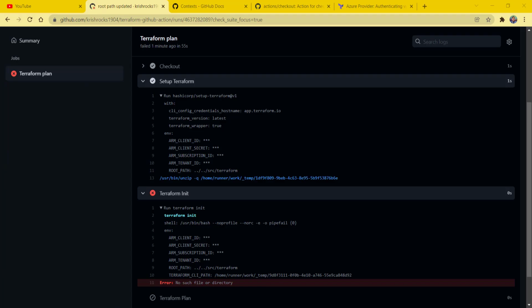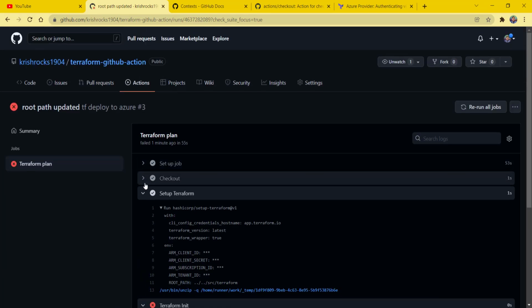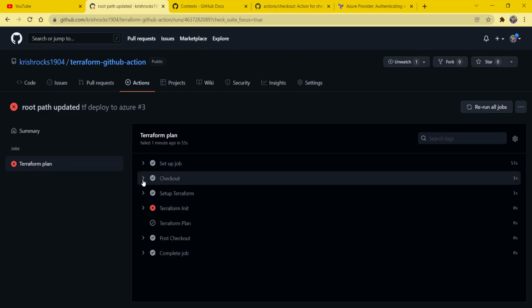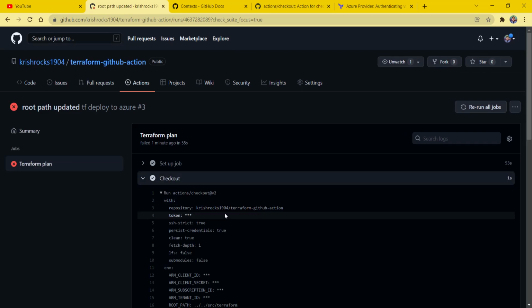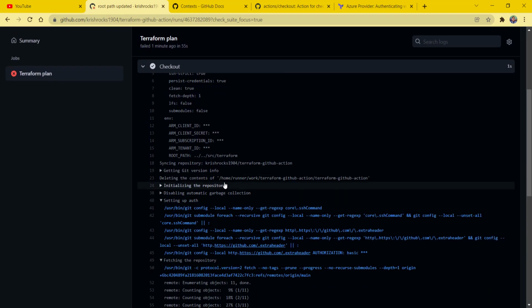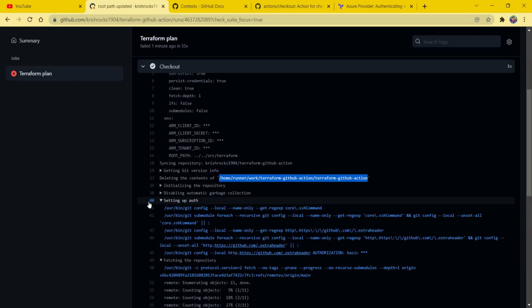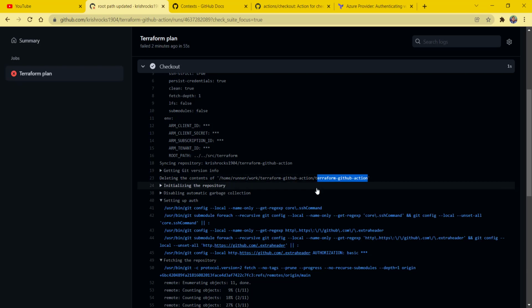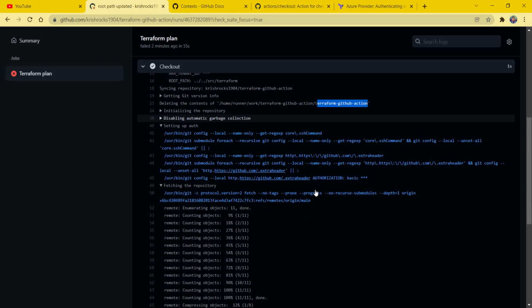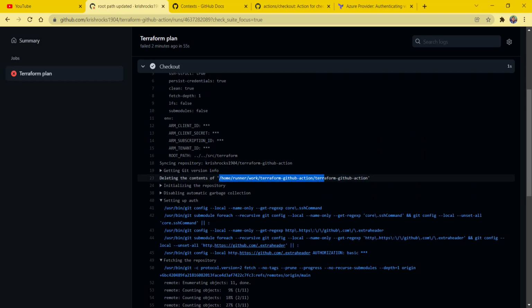might have been cloned: when the action is going to run on the Ubuntu agent, the first thing it will do is check out the files, right? And when it is checking out the files, it will check them out in a particular directory. So in this particular case, it's checking out our entire repository in this particular folder, and we want to get the location of this folder, so that we go to this folder, and inside it we have the src directory, and then inside the src directory we have a Terraform directory. So now the question is, how do I get this particular path?